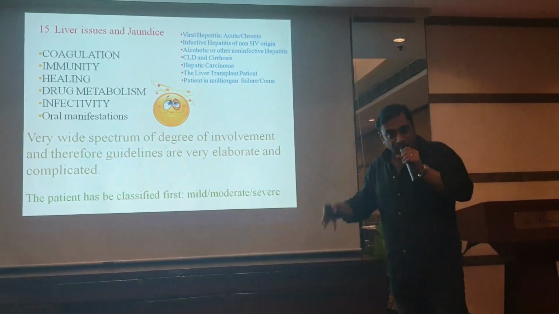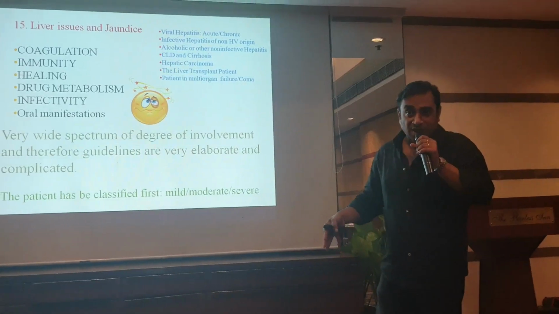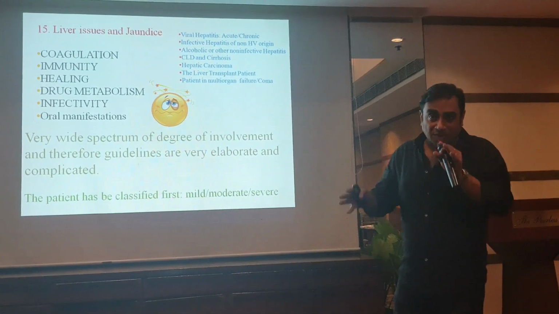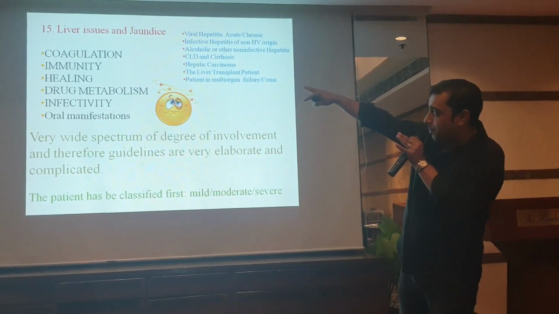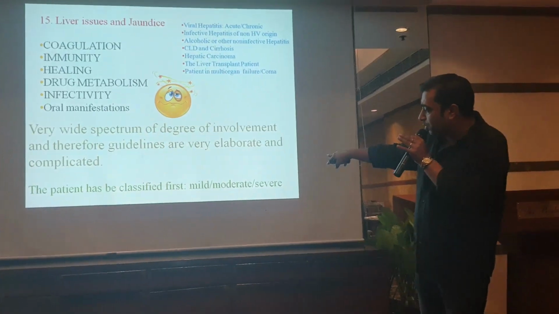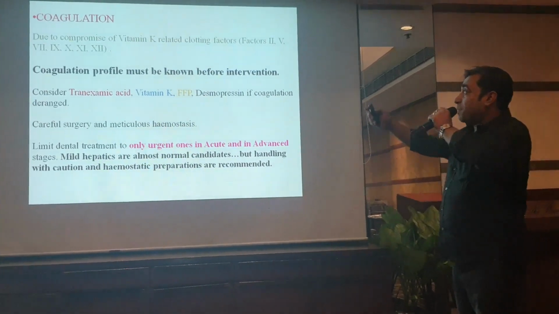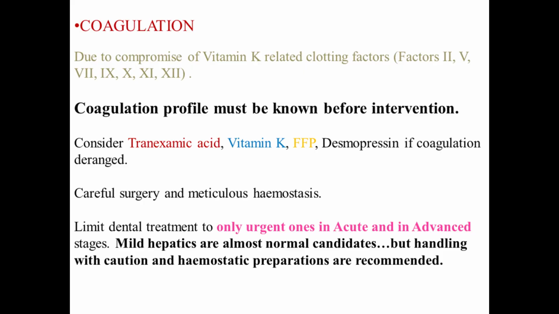This patient has a liver condition. Is it a mild liver condition, moderate or severe? That is how you have to classify the patient. All these can happen to all liver condition patients, but obviously the level will depend on mild, moderate, severe. What happens to the coagulation? Why is coagulation a problem? Again, I'm not teaching medicine, but it always helps when you know the underlying reason.